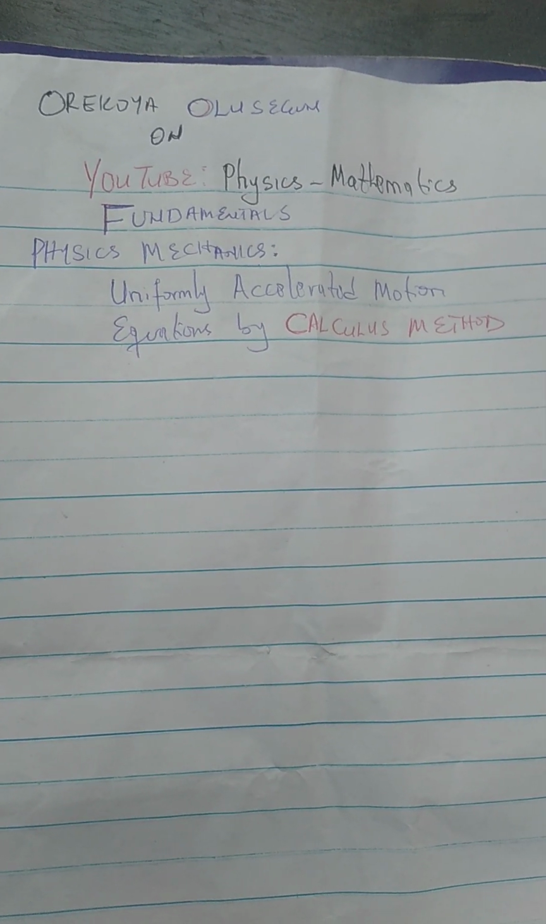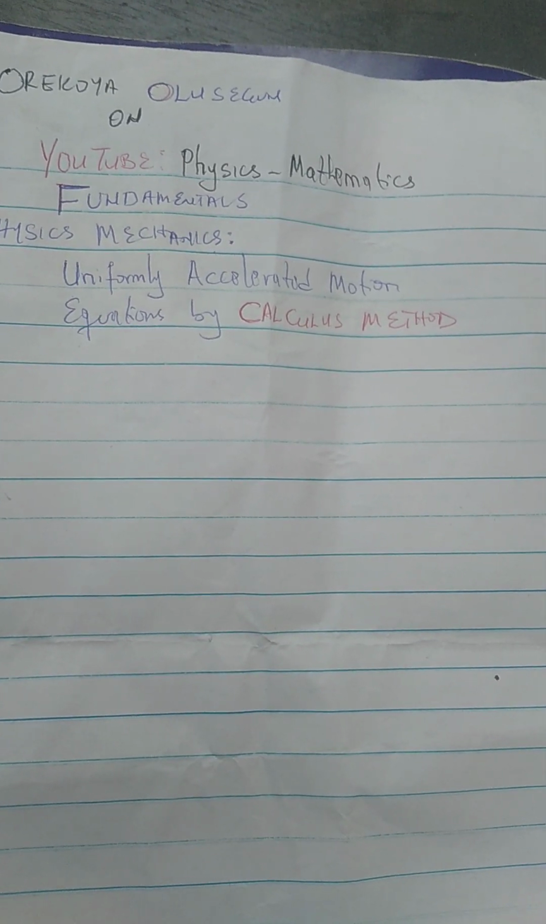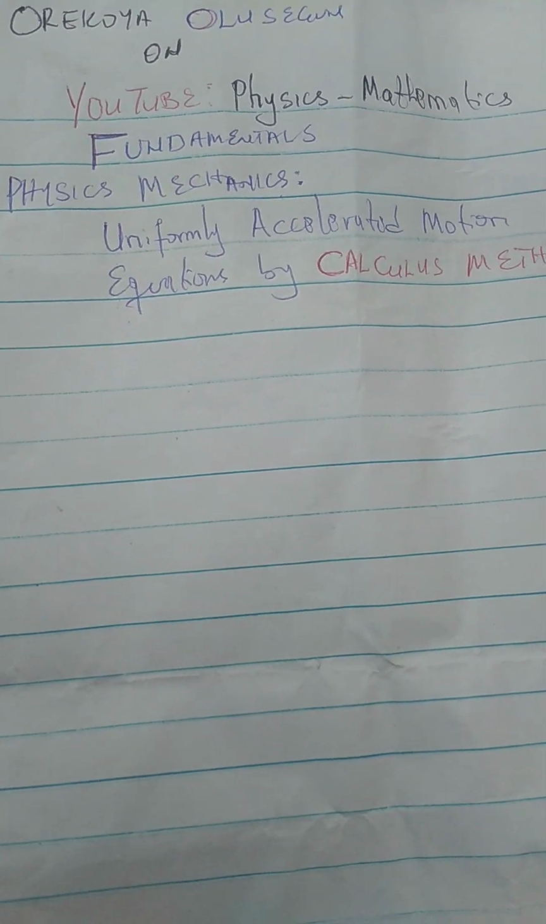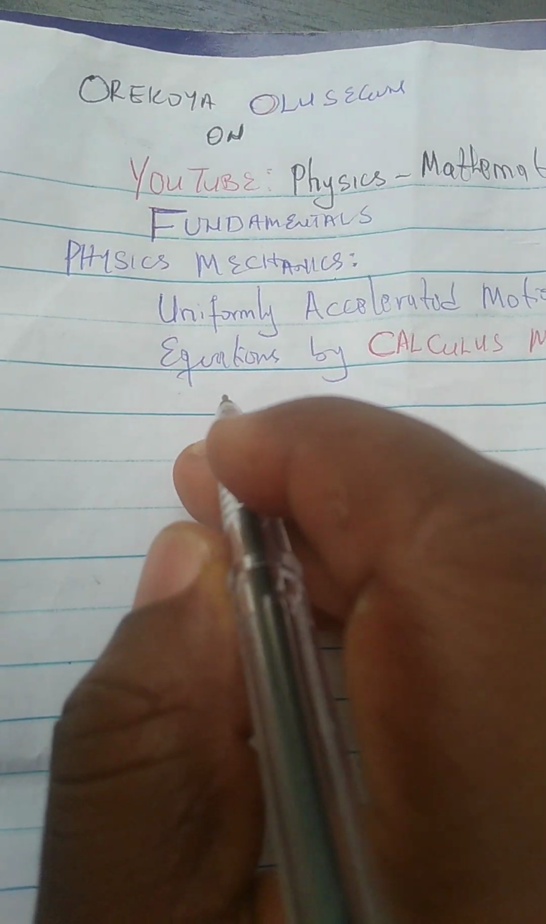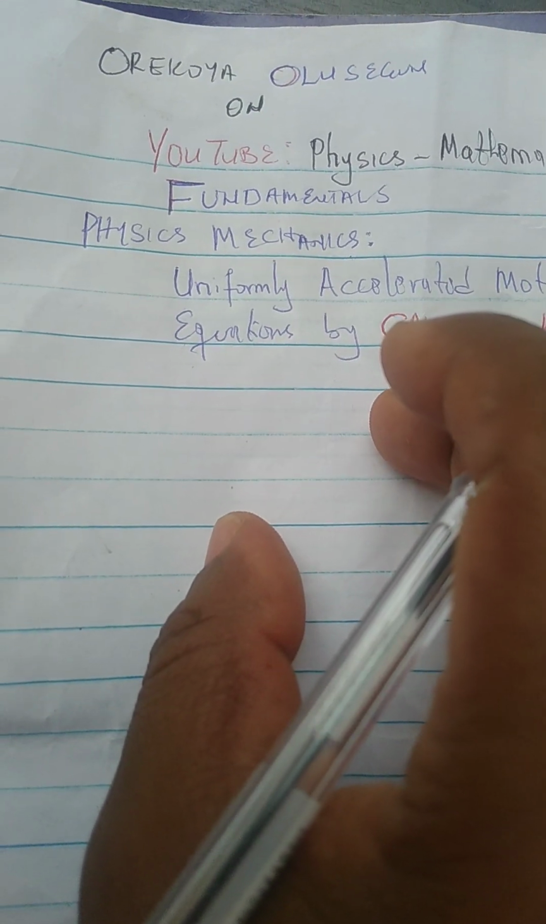Today, we are going to attempt a topic in physics mechanics, and the topic is on the derivation of the uniformly accelerated motion equation by calculus method. We want to derive the uniformly accelerated motion of objects along a straight line by calculus method. Now, we must have this background. The background we must have before we can derive this equation is